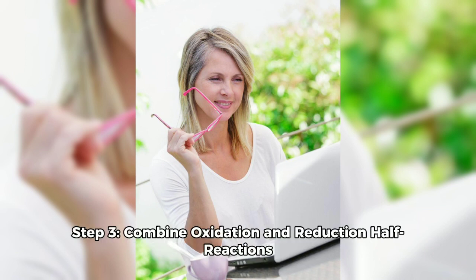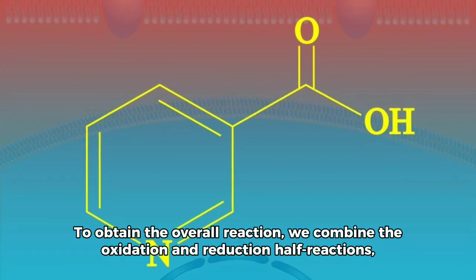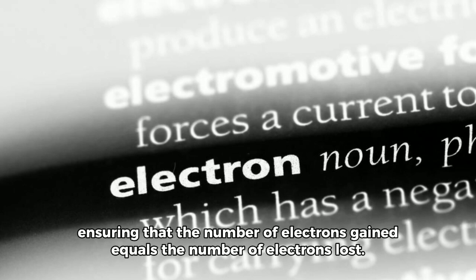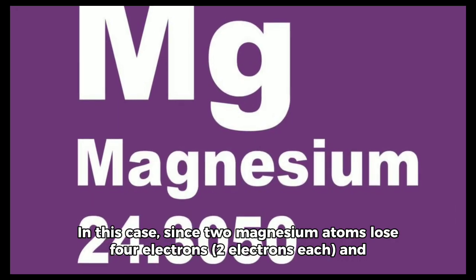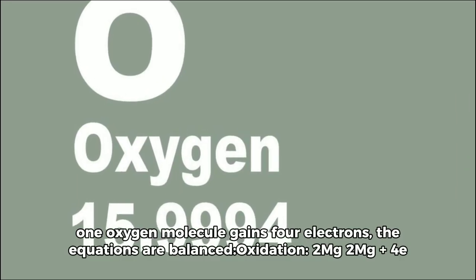Step 3. Combine oxidation and reduction half reactions. To obtain the overall reaction, we combine the oxidation and reduction half reactions, ensuring that the number of electrons gained equals the number of electrons lost. In this case, since 2 magnesium atoms lose 4 electrons, 2 electrons each, and 1 oxygen molecule gains 4 electrons,